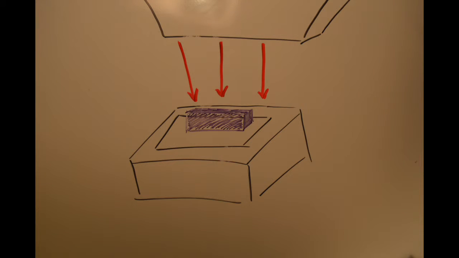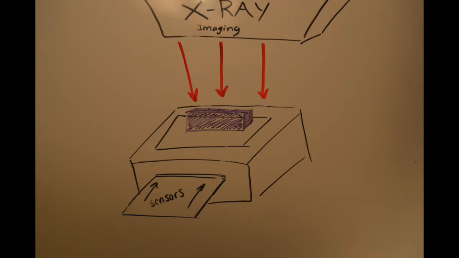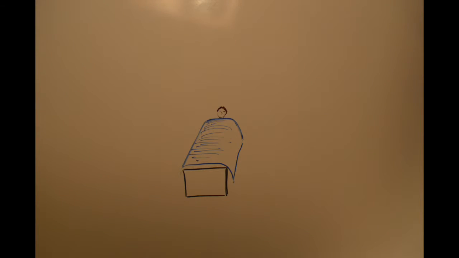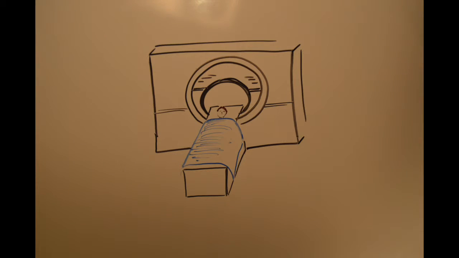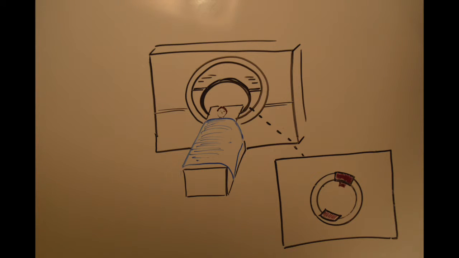Well, an X-ray machine sends electromagnetic waves through an object. The intensity of these waves is then detected on the sensors located below the object. A CT scan, on the other hand, works by rotating an X-ray machine around an object. Soft tissues such as muscles block fewer rays, leading to greater intensity readings, while harder tissues such as bones lead